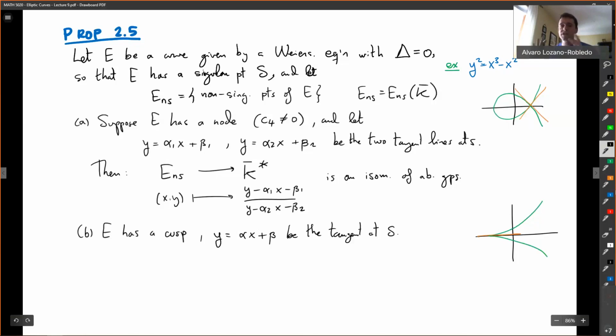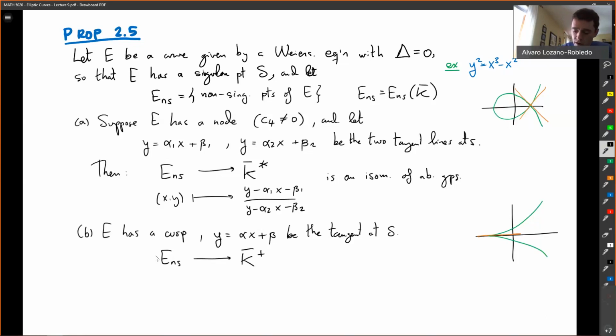And as the tangent, if you try to find the tangent using calculus, then of course that is not well defined. But from the picture, you can see that if you take the limits, there's going to be one tangent. Okay, so then it turns out that ENS is isomorphic to K bar plus, the additive structure of K bar,